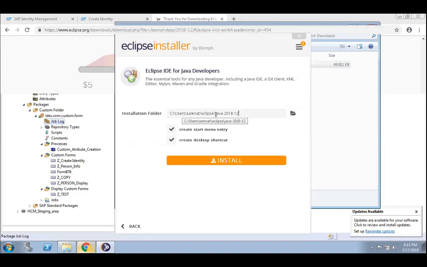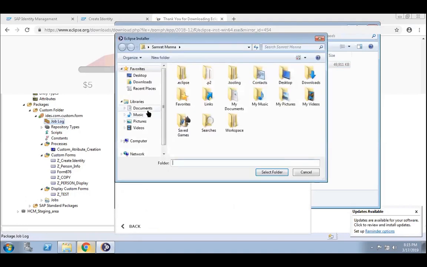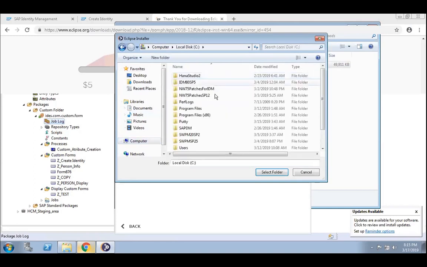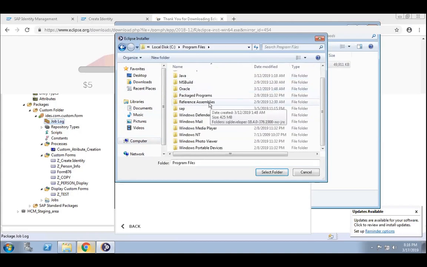It will take my system. Give it some admin folder. Better. So Computer, C drive, Program files. Here only, right? Yeah, give that.